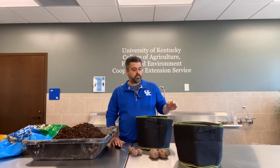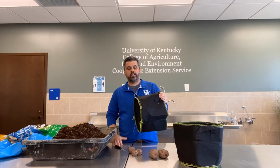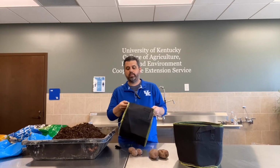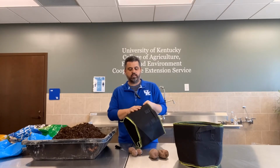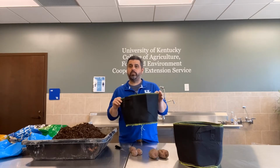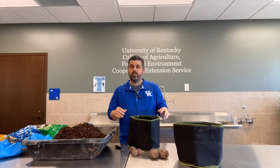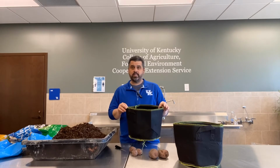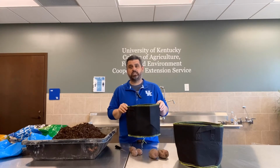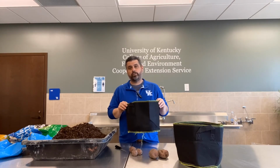You may have seen some of these grow bags that they're starting to sell now. Some of them are hemmed, some of them are not. These happen to be hemmed, and these are this polyester kind of fabric. These are pretty cheap if you buy them in bulk. When I say pretty cheap, these are 3-gallon containers, and you can get down to 1 gallon, up to 15-gallon, whatever you want. It just makes it really easy and cheap a container for you to grow some flowers